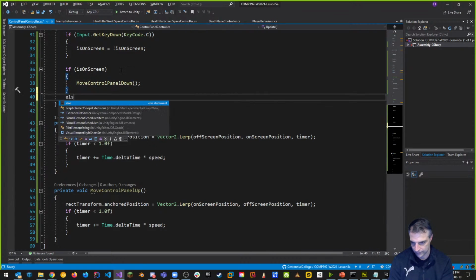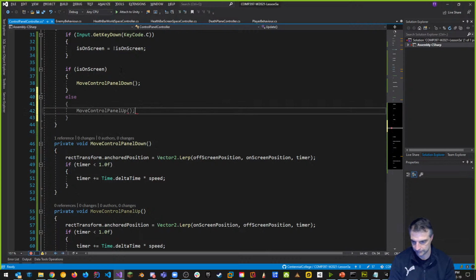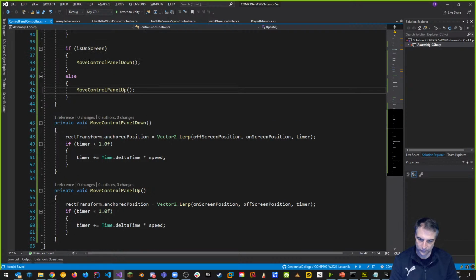So we'll say else. Move control panel up. If I press it the other way around, right? Very simple mechanism. There's problems with this. But also what I want to do is, depending on what happens, when I click onto it the first